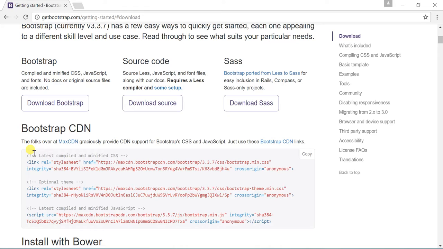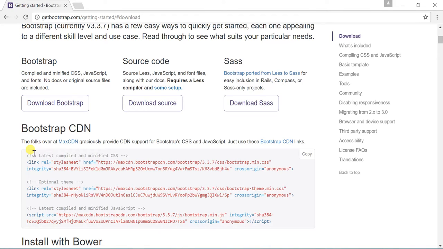Bootstrap CDN basically is a content delivery network. So there are Bootstrap files already available there. You have to just link all these files in your project. You don't need to download them. You have to just link them and use them in your project. The one thing that is mandatory for this is your internet connection. You should have an internet connection all the time, whenever you are testing and whenever you are deploying,